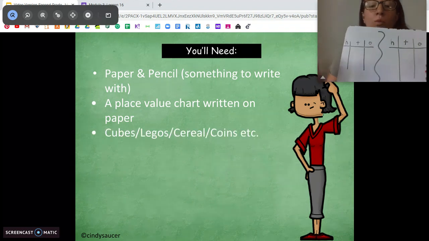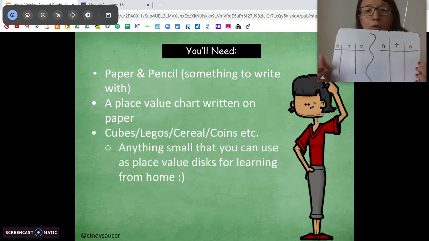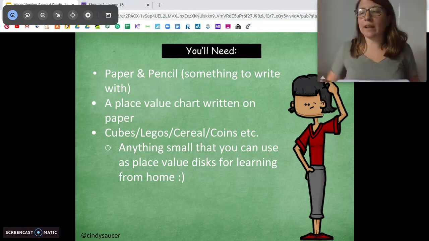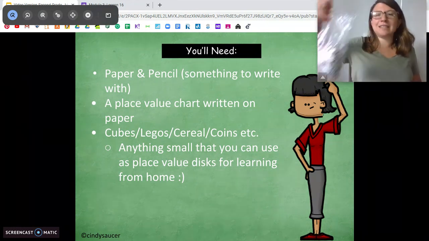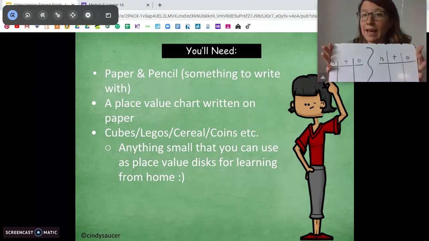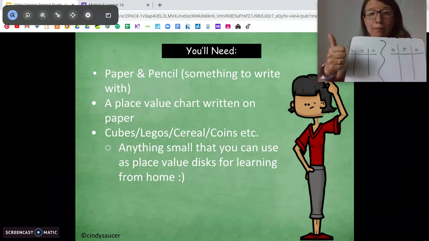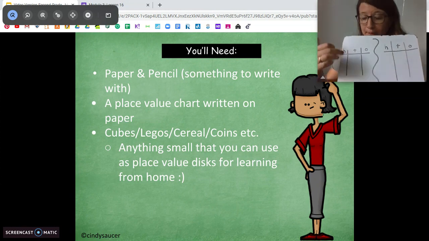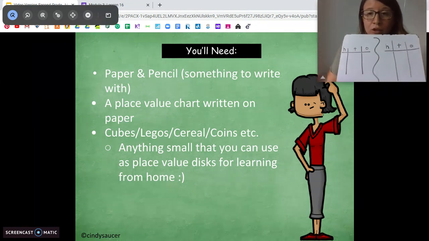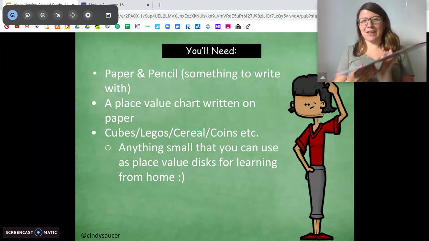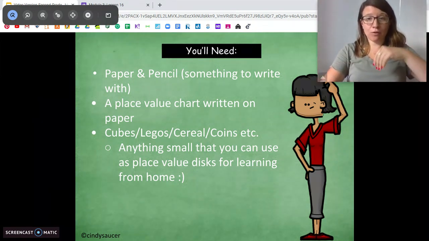Okay, and you're gonna also want whatever you've been using at home for your place value discs. Cubes, Legos, cereal, coins. I got my puzzle pieces again today. Whatever you've been using as an at-home place value disc, grab those too. So you want paper and pencil to do your application problem. You want 2 place value charts on your paper, and then your at-home place value discs. So pause the video, go grab those things,